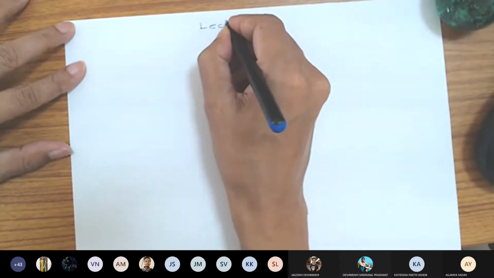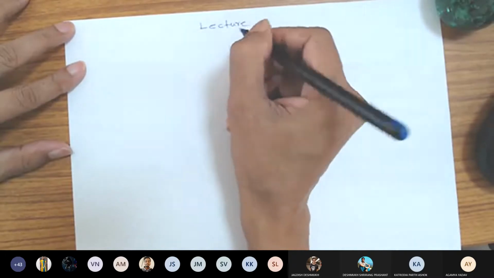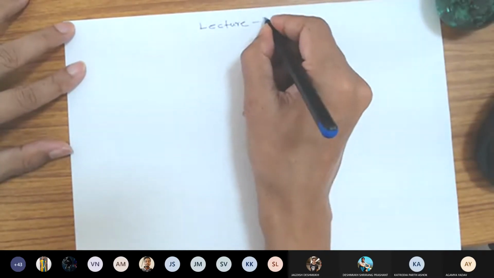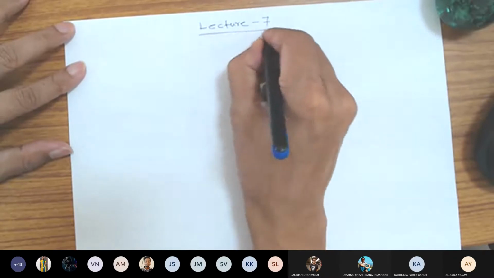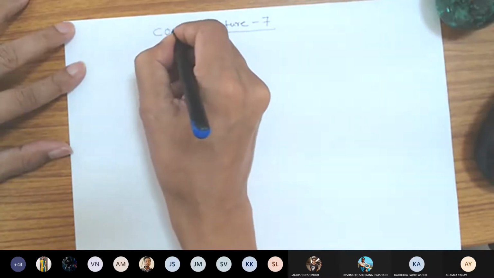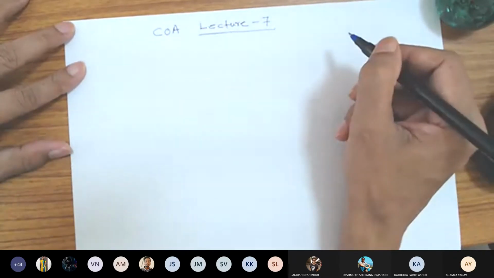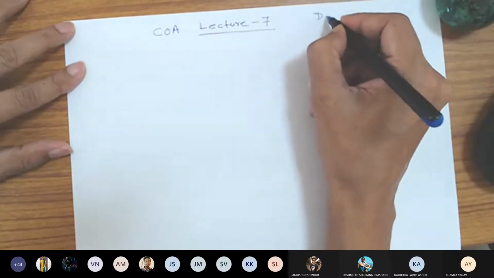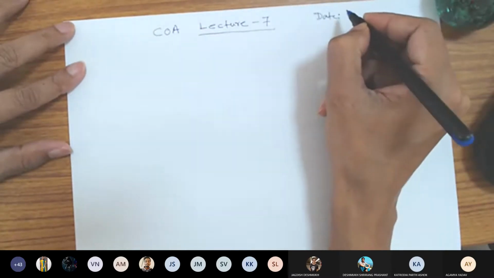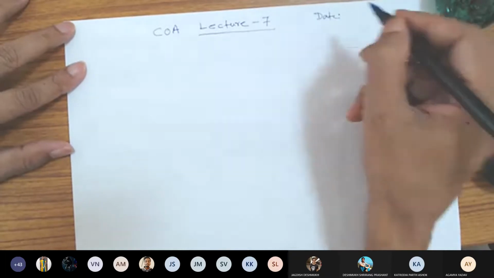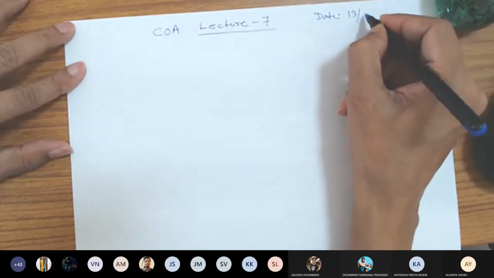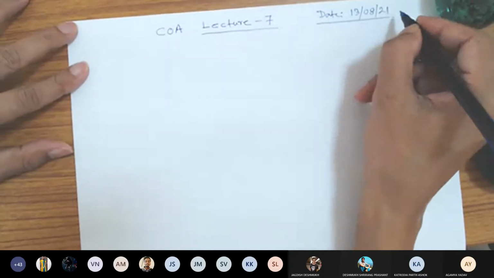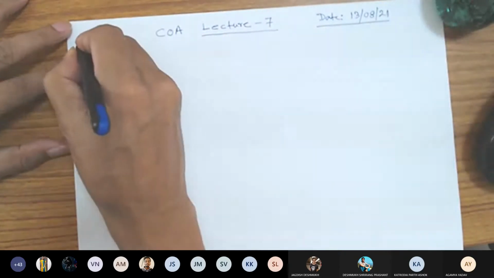So today we have around 40 minutes. Let's start our discussion on the central processing unit. Is my writing desk visible?